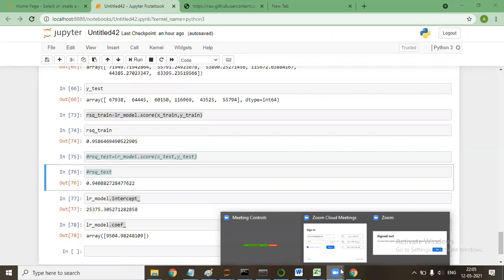You have given us R square underscore train equal to LR underscore model dot score, right? If we don't keep dot score, it doesn't give the value of 0.9586, right? Yes, you're right. Okay, sir, thank you.